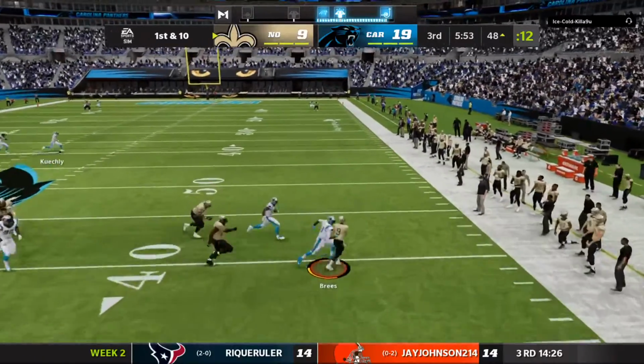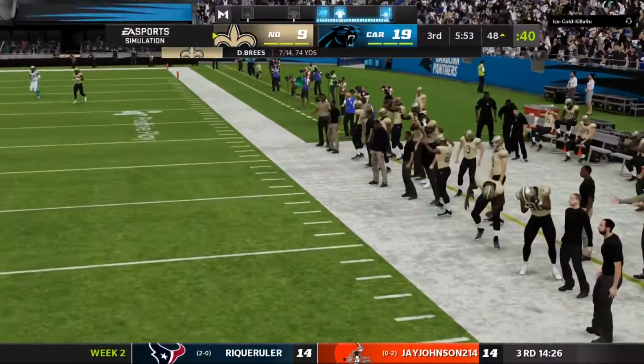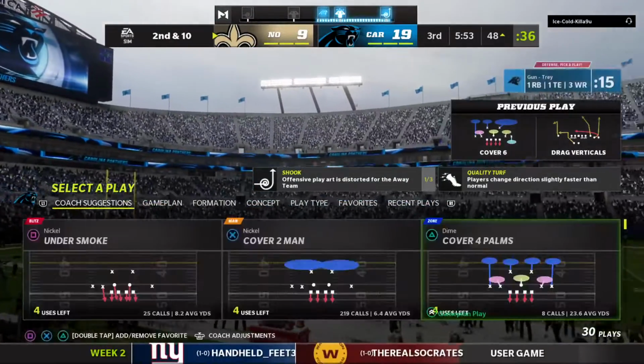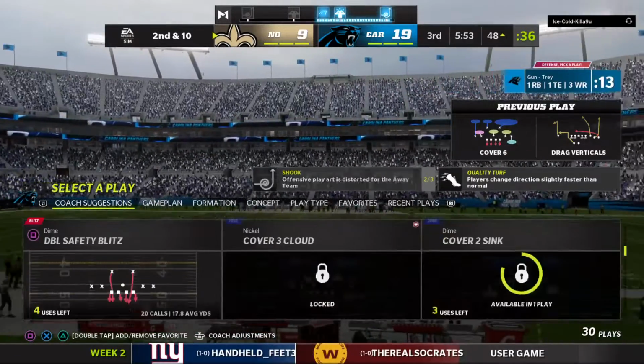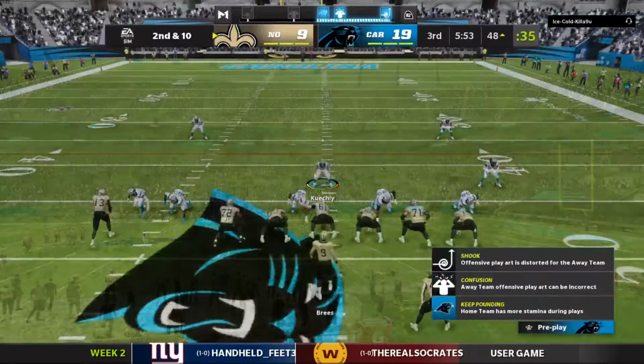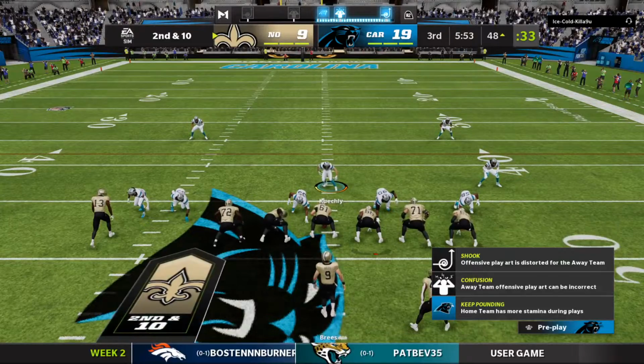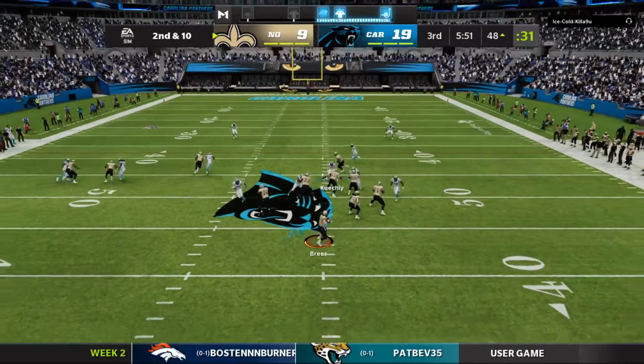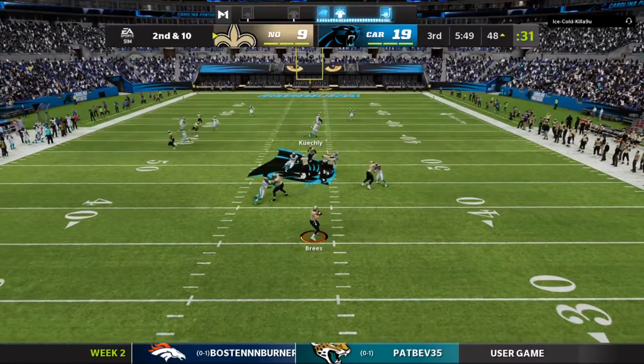Eluding the pressure, right. Nothing open downfield, so he'll throw it away. Well, defensively, they haven't let him just sit in the pocket and get comfortable, and that's opposite a lot of game plans in today's NFL. Ordinarily, you're trying to keep the quarterback hemmed in. In this case, they brought the heat, and if he flushes out, they're fine with that,